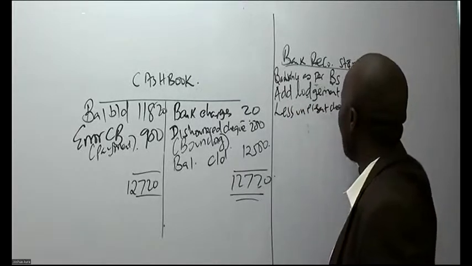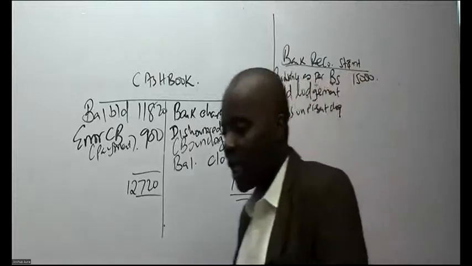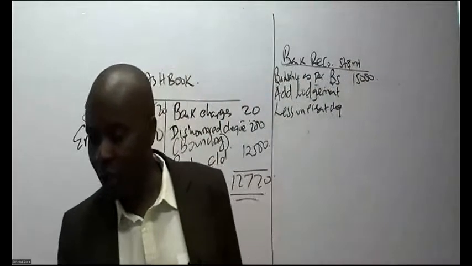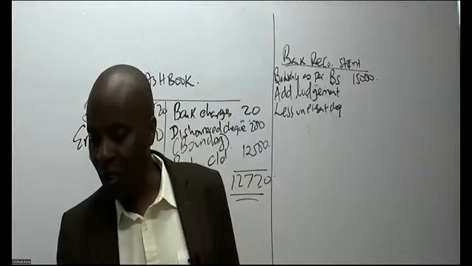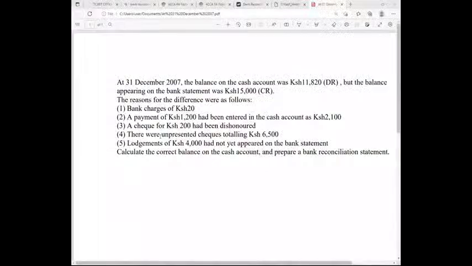Any unpresented checks here. So lodgements, have they given us lodgements, ladies and gentlemen? Let's check here. They've told us, note 5, lodgements were 4,000. And the unpresented checks that I'm subtracting here, from note number 4, was 6,500. So then could you kindly give me the balance